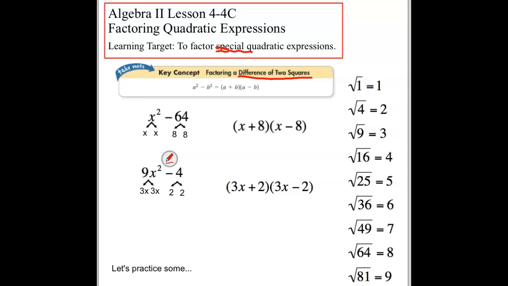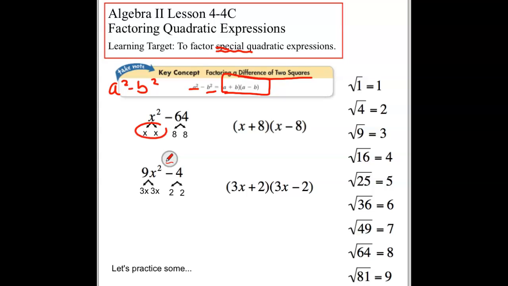And what happens is we have a perfect square and we're subtracting another perfect square. So we have a squared minus b squared. And when we factor that, it breaks down into two factors that are almost identical except for opposite signs. Those are called conjugates. So in our first example here, x squared minus 64, we can split our x squared